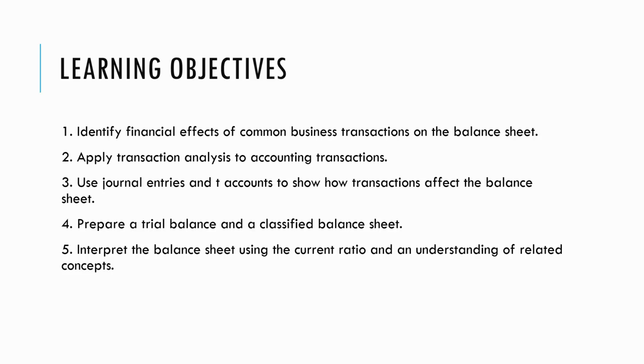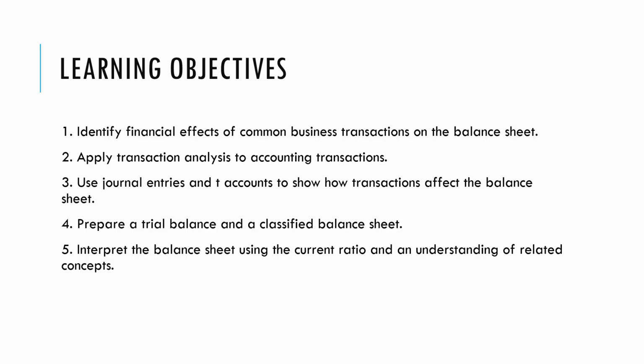And while we were working through these, we had to make sure that our accounting equation remained in balance. So with the transaction, if we increased the left side, the asset side, we had to increase the right side by the same amount. If we decreased the left side, we had to decrease the right by the same amount. This was very helpful, but it's like a first step. We need to go forward with this, and as we have already looked at this transaction analysis and accounting transactions,